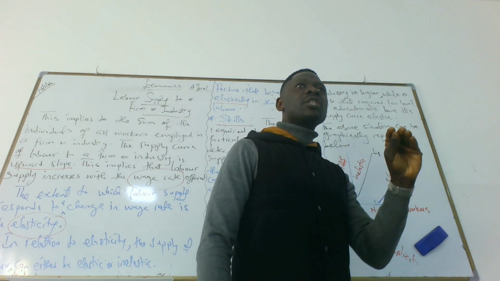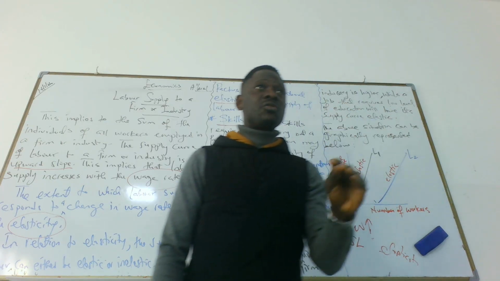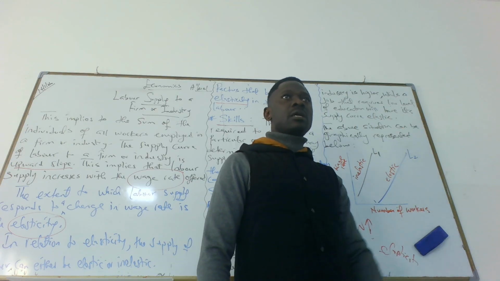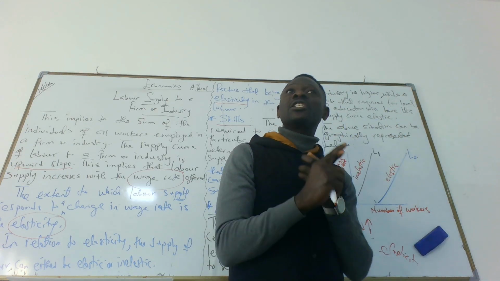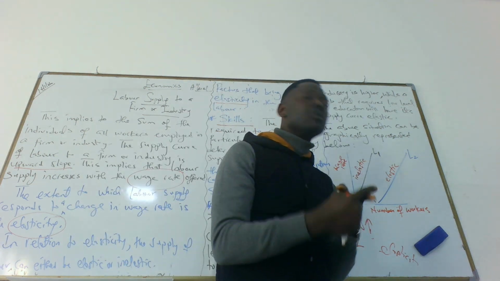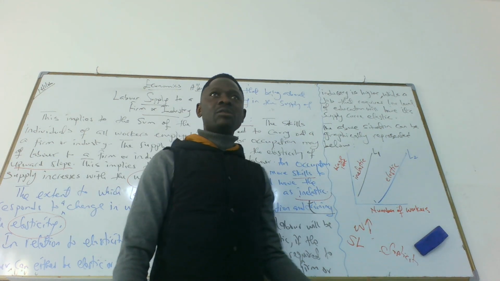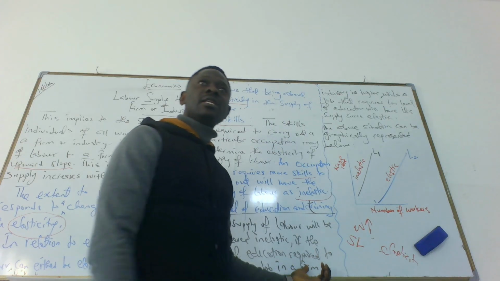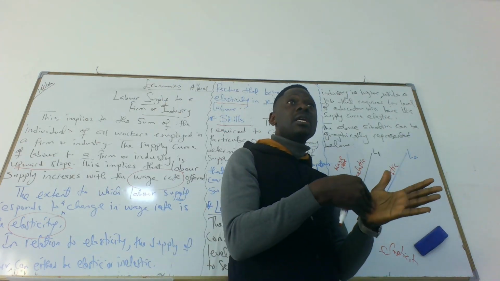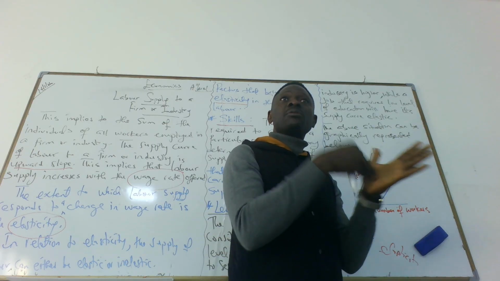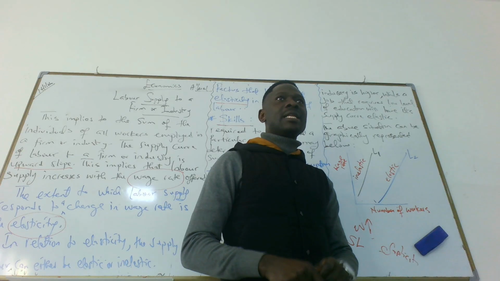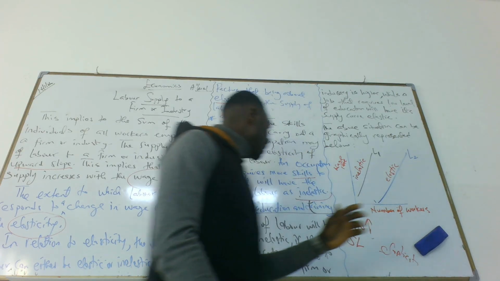If the level of education required for a particular job or industry is high, it simply means the supply of labor will be what? Inelastic, because you need to have a certain educational level before you get the job. So if you don't have that educational level, you still won't get the job. That's education and training. Do you understand education and training? And that is where you come in, that you talked about government investing in education and training. If government is able to invest in education and training, it improves the human capital of the whole economy, and that increases productivity. So that's about education and training.